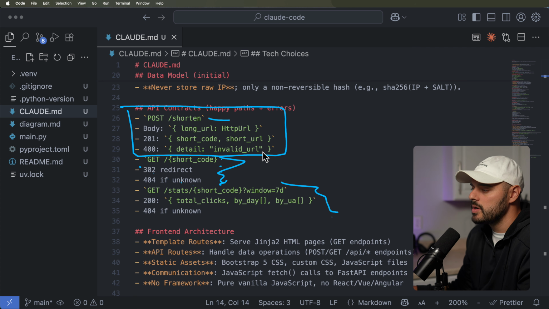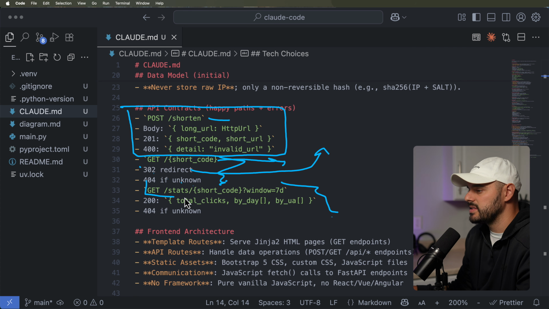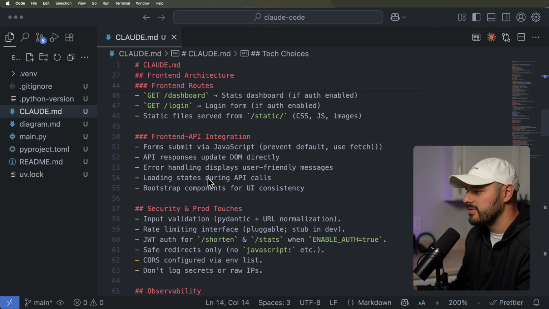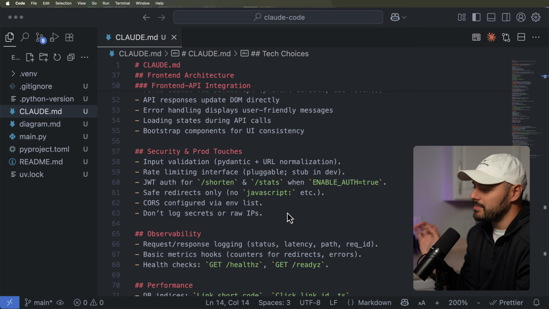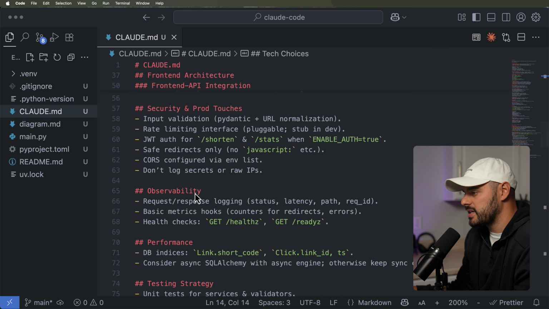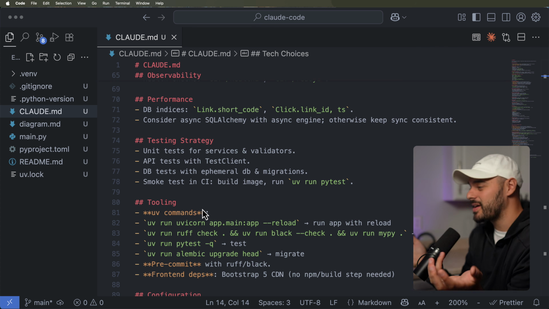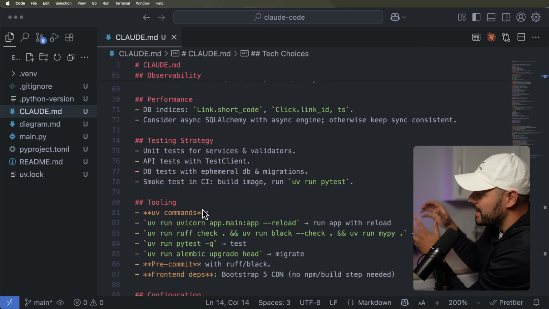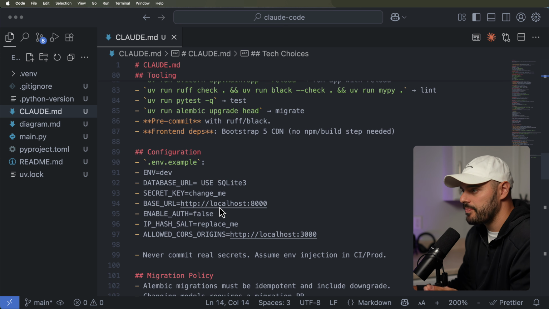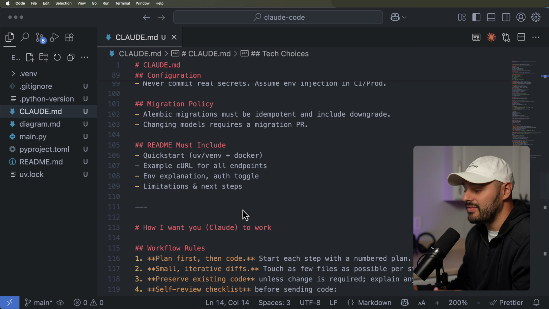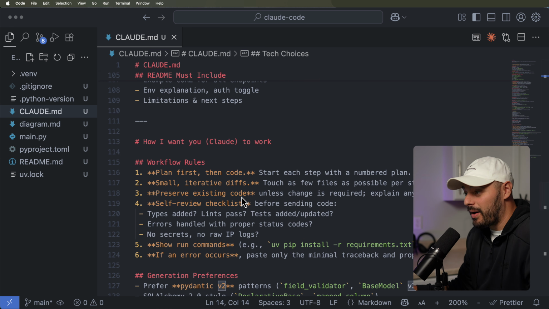So we're going to have a shorten, which shortens the long URL. Then it has our short, which redirects us to the long URL. And then we have this GET stats, which is for all of our analytics. Lastly, we have some front end that we want to implement, some security, because we want to follow professional security measures to make sure our application is safe, health checks for observability, performance, testing strategy, which is simply saying, hey, we want to make sure that we run PyTest and add tests after every single step that is implemented. And then we have some configurations for our .env, migration, README, how I want you to work,